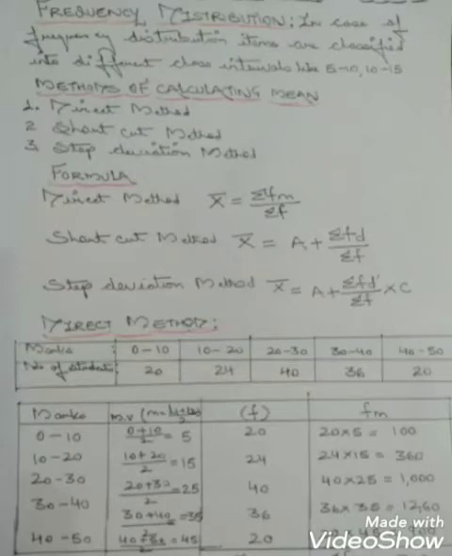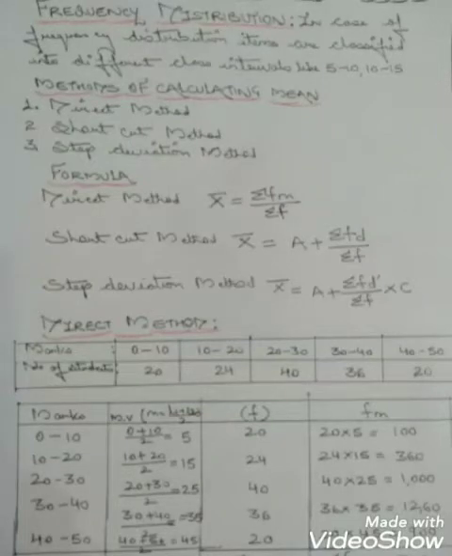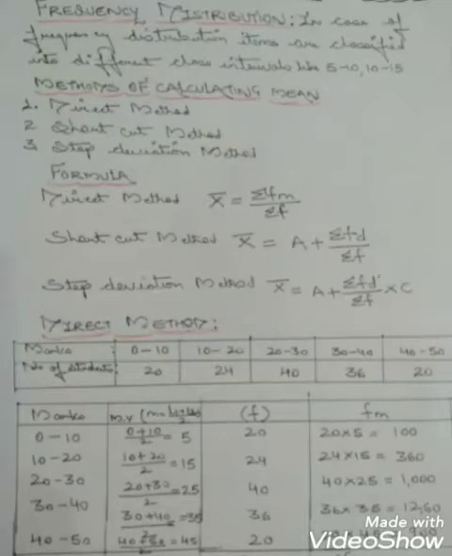If you see, I have drawn a table where we have 4 columns. In the very first column there are marks. Second we have MV, that is mid value. Third we have F, that is frequency, and fourth is FM, that is frequency and mid value. You have seen that I have taken marks 0 to 10, 10 to 20, 20 to 30, 30 to 40 and 40 to 50. Now children, we will be finding out the mid value of these marks.